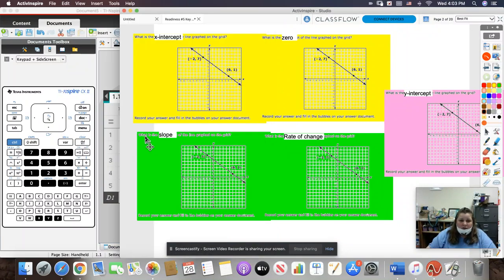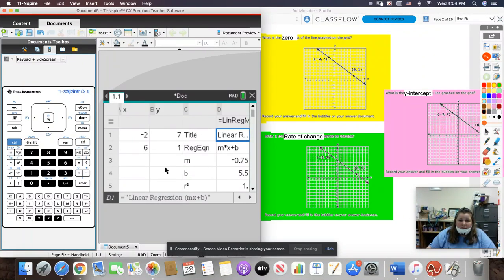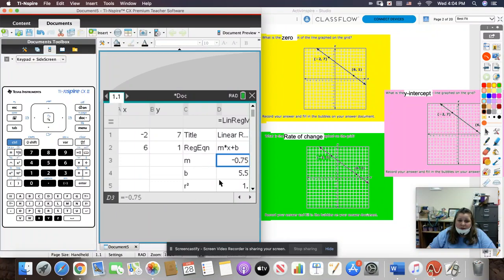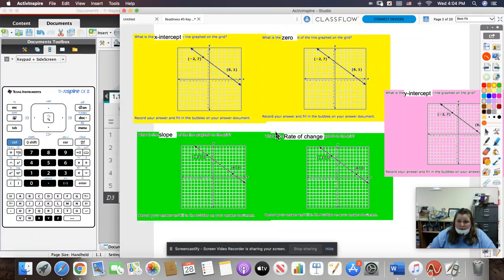Now, again, it could say what is the slope of the line graph. It could say what is the rate of change of the line graph. Those mean the same thing. You solve it the same way. List and spreadsheets. It gives you your M, gives you your slope. There's your answer. Now, you have to pay attention to what it asks you, because it could also say what's